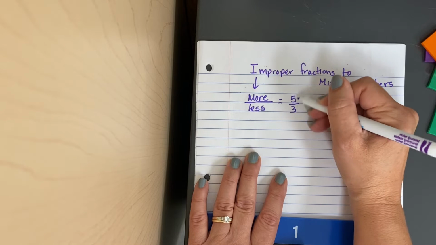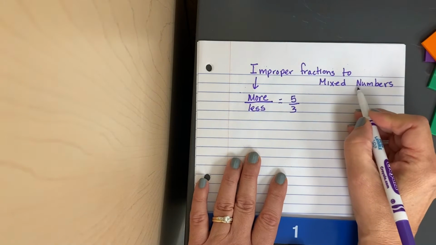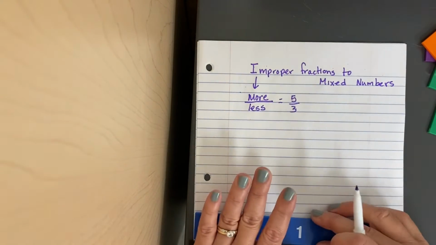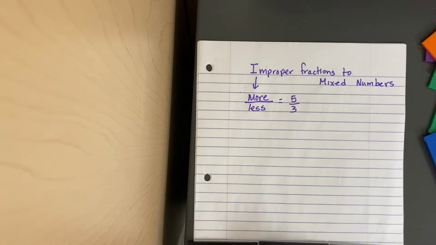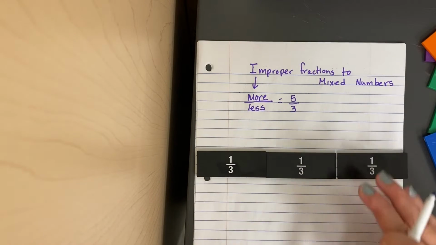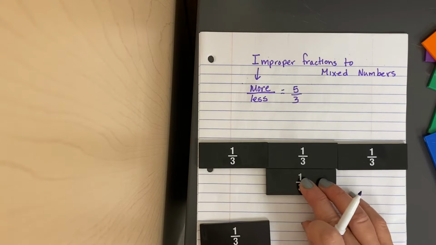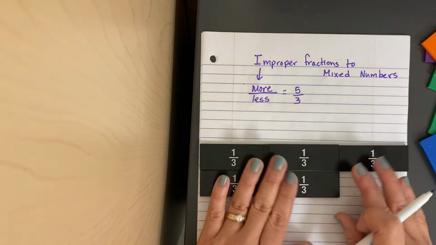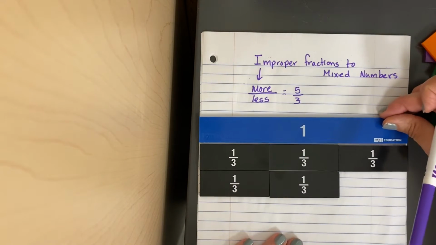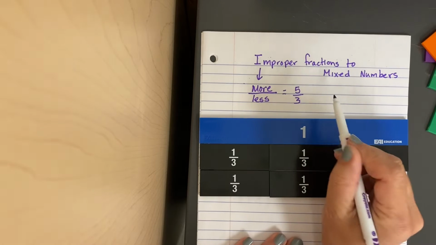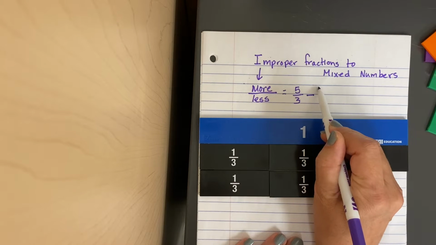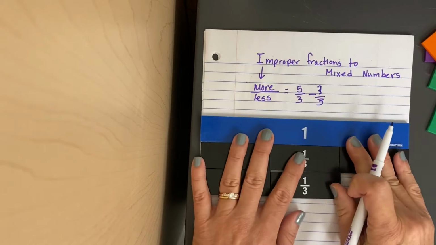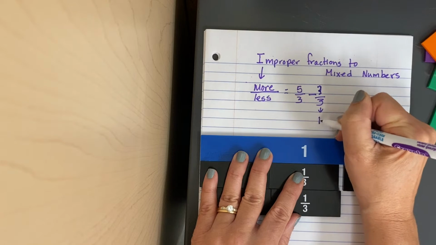And if I'm going to simplify my improper fraction into a mixed number, so I'm going to convert this to a mixed number, I know that what that means is I have 1, 2, 3, 4, 5. So I have 5/3 there. Well, I know 3/3 is equal to 1 whole. So I could subtract out 1 whole. So if I subtract out 3/3, which is 1 whole,